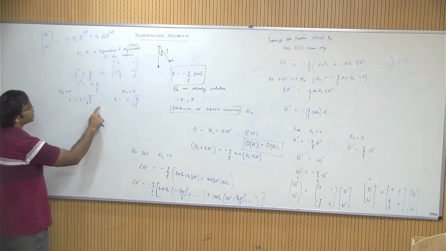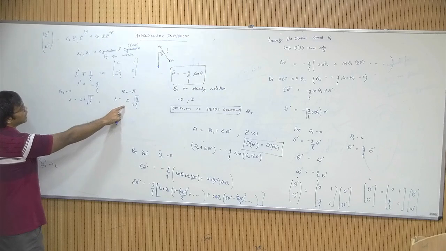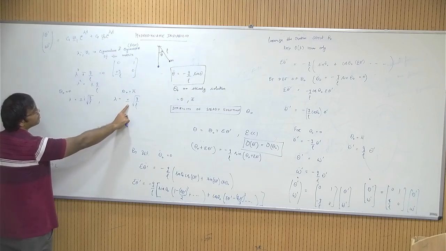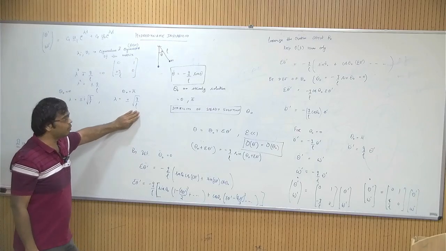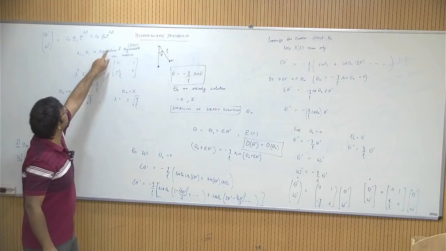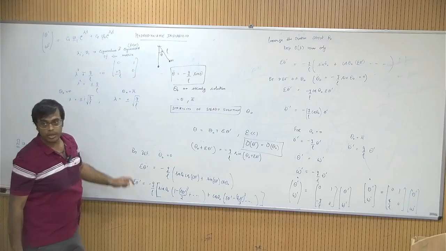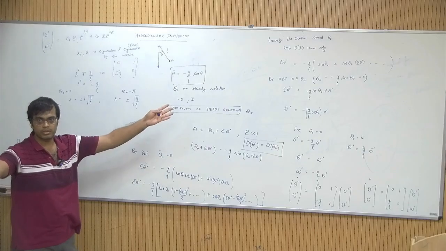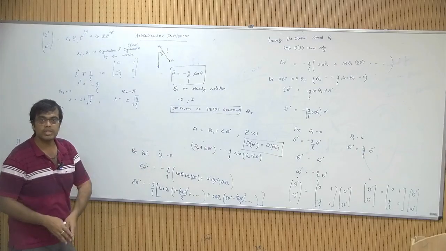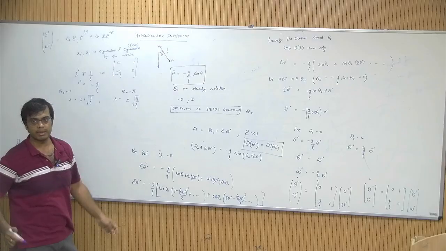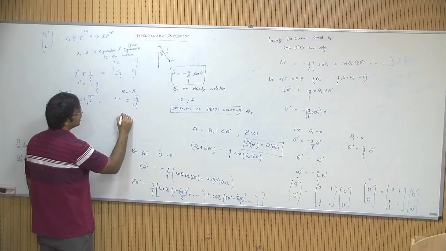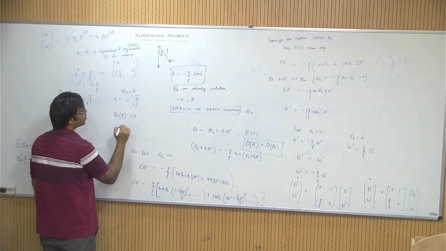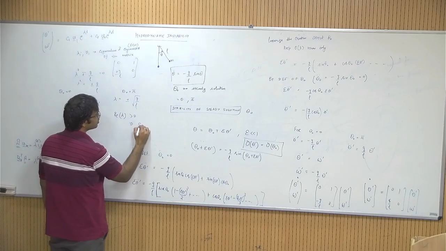So from here, what do you see? You have two values of lambda that are possible, and one of them is going to be positive. You put that here, and you are going to get an exponentially blowing up solution, a solution which is exponentially increasing in time. So the moment you see a lambda value which has a real part greater than 0, this means the solution blows up